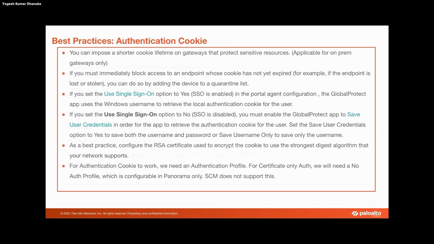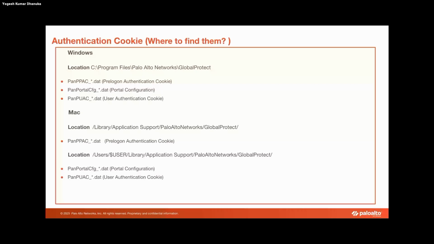Now, on the GP client itself, there are certain locations where you can find the cookie. So this comes in handy when there is a scenario where, let's say, your GP client isn't connecting and you log into the Strata logging service and you view that the authentication is failing because the cookie has expired. But for whatever reason, whenever you try to connect with the GP, it's always trying to use the cookie over and over again, and that keeps failing because that has already expired. So a quick way to get rid of it is